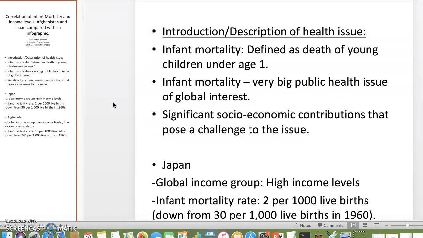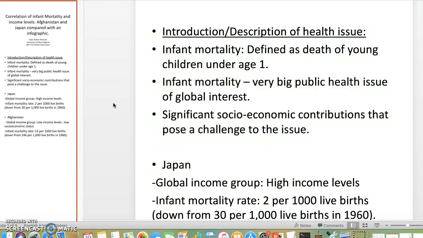This is a very big public health issue of global interest due to the global burden of disease and pertinent maternal and child health issues. This problem also has a significant economic component that immensely affects outcomes. And this basically talks about countries with significant high expenditure on health per capita that have seen tremendous improvement in